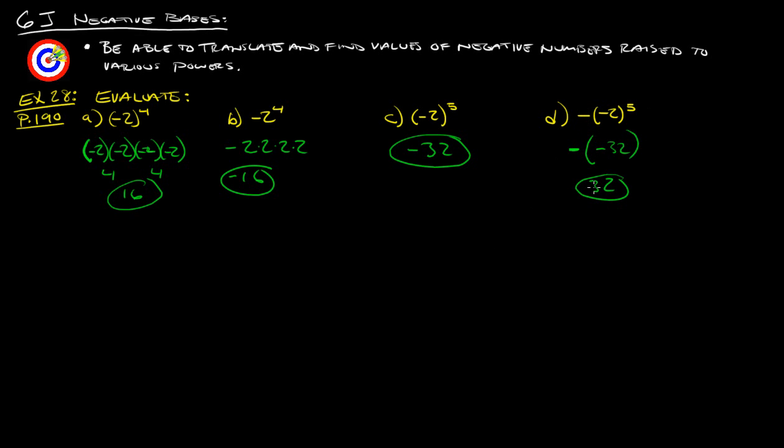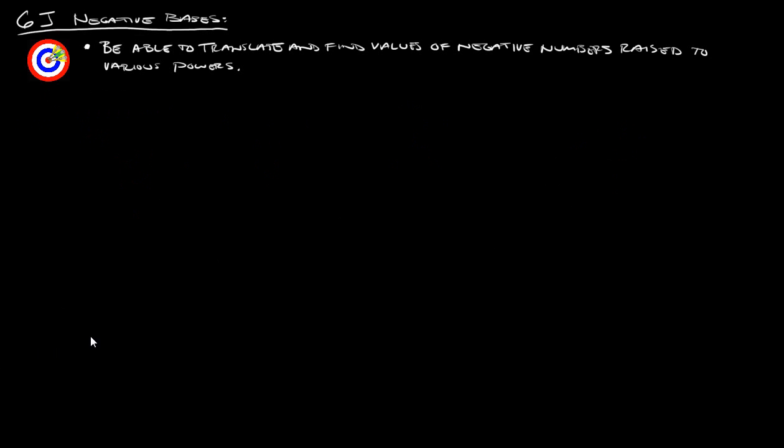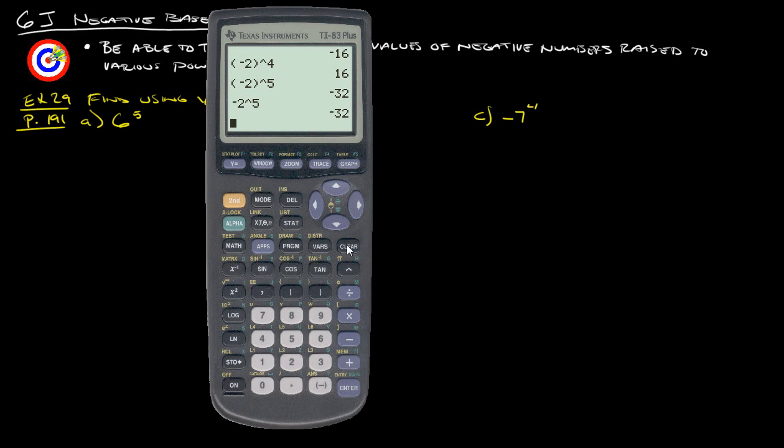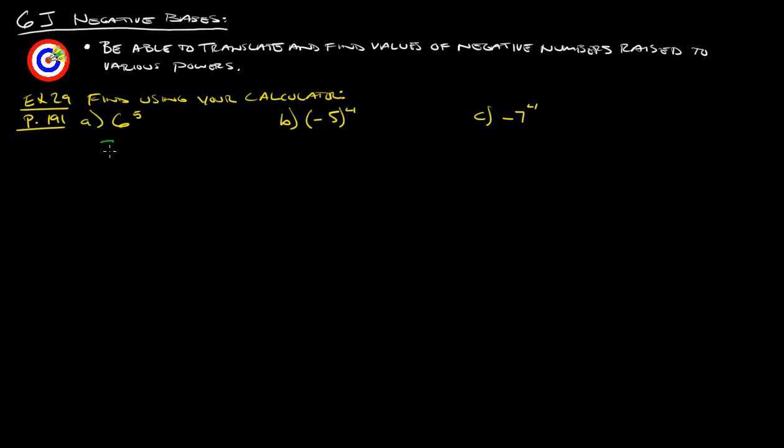Well, a negative times a negative gives you your positive. All right? Okay. Let's look at some more examples. Let's look at example 29 from page 191. Find using your calculator. So 6 to the fifth. We can do that. 6. And again, your power button is this up arrow to the fifth. Gives us